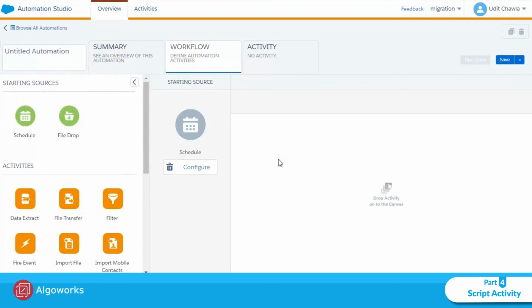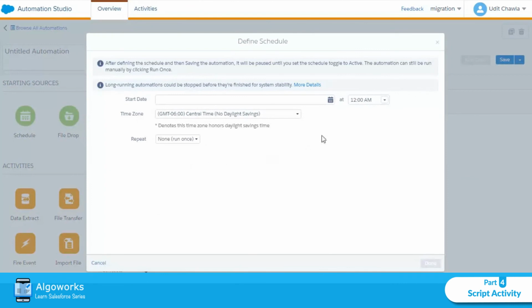In brief, I just want to complete the video. There are a few activities present in the Automation Studio, and you just need to create those activities first and then configure them into the Automation Studio. And as you can see, you can provide the scheduling as per your time zone, your time, and your frequency.